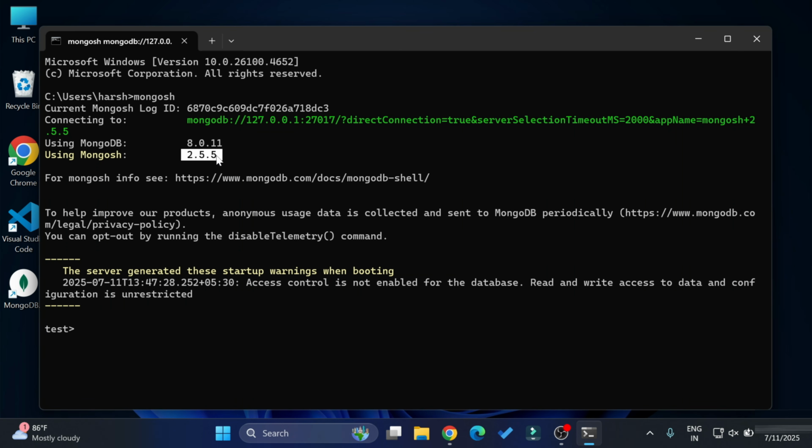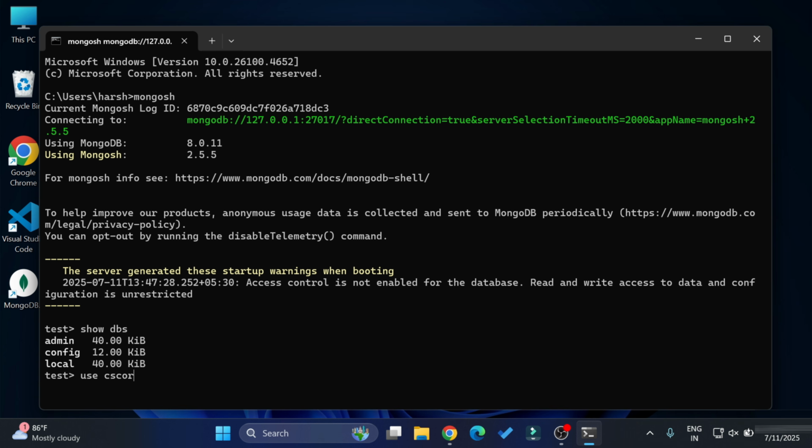So guys, you can see here it is showing the test database, which is the default database. I don't want to use the default database. I will be creating my own database. So first of all, I'm showing all the available databases. For that, I have written the command show dbs. So these are the available databases which it has shown.